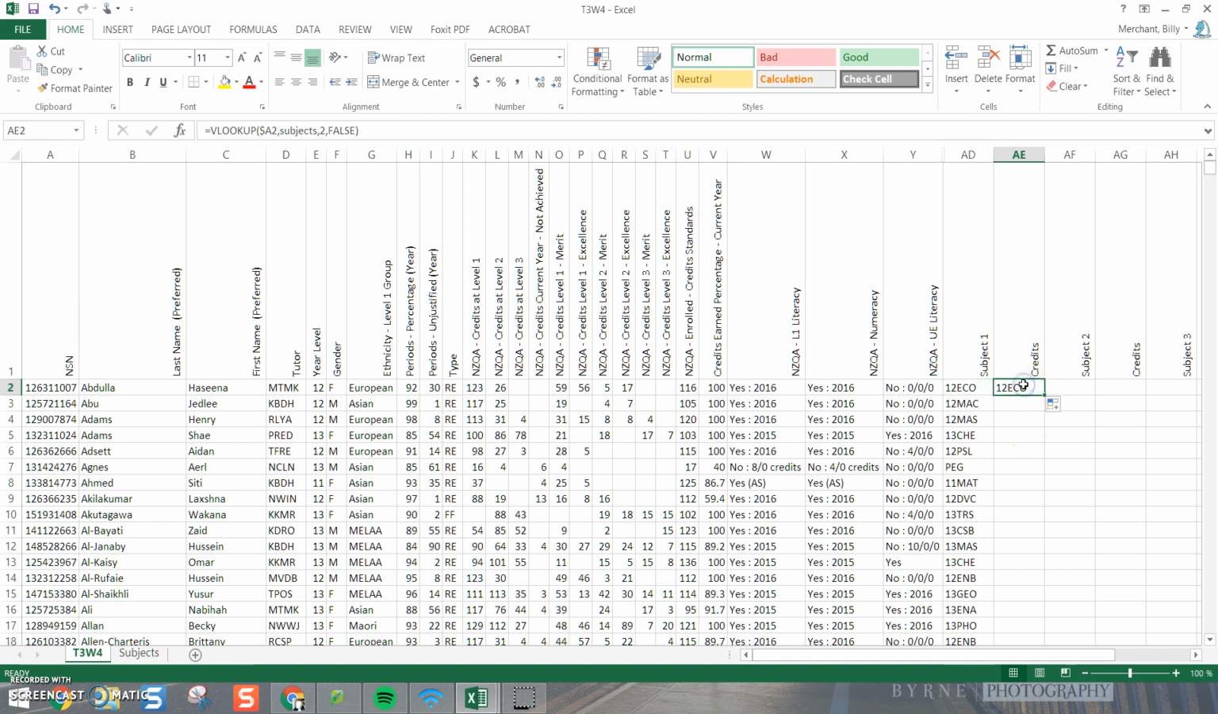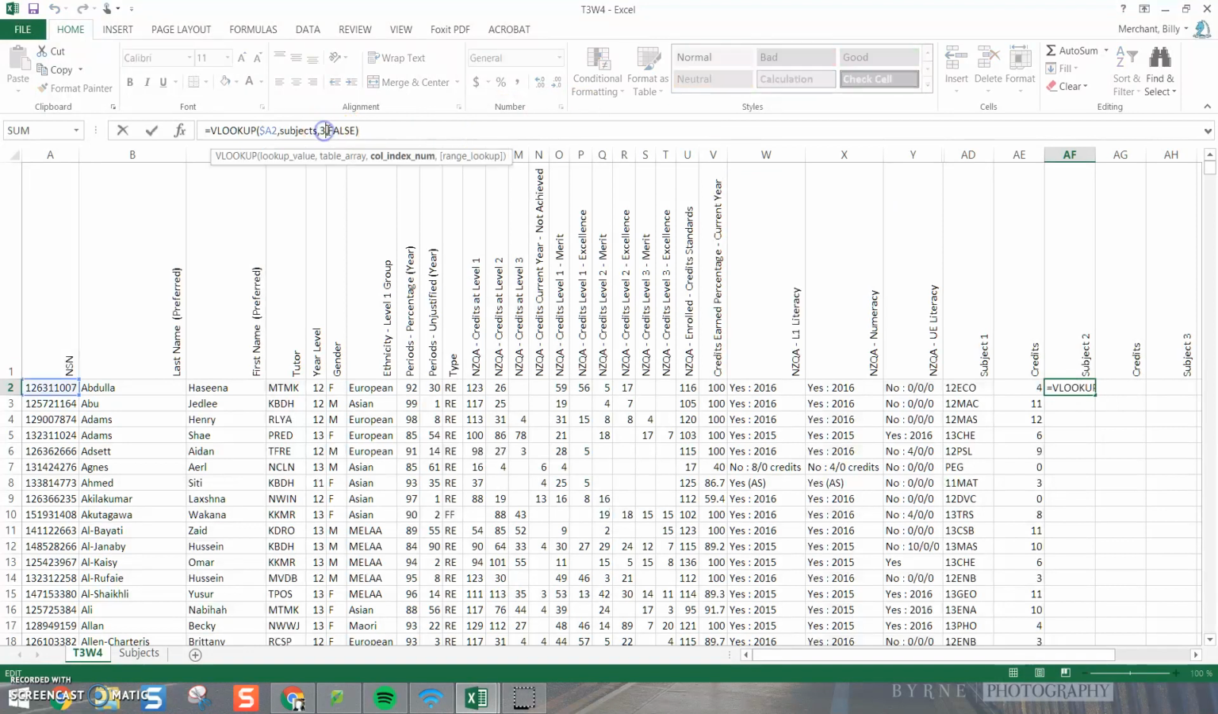Obviously it's given me 12 eco. So I'm just going to come back up here and say from the subject starter, I want the third column, and it will pull across the credits. So I can then double click. It will find the credits. Boom, all 1,388 students. Come back here. I now want the fourth column of the subject data, so there should be another subject code. Excellent. Double click